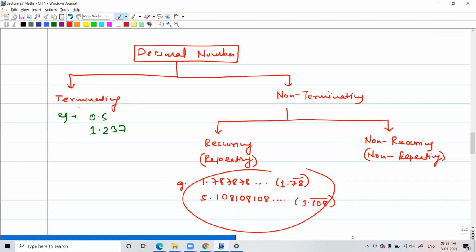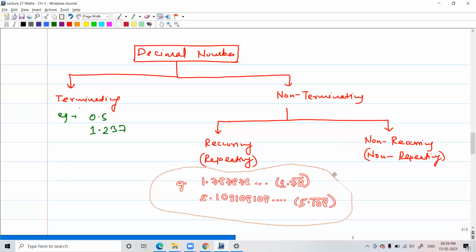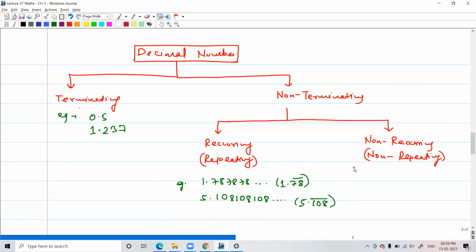Remember, these are also non-terminating. Sir, you have written 1.108, bar. Okay, thank you. Everybody understands this non-terminating recurring? Yes, sir. Okay, now give me examples of